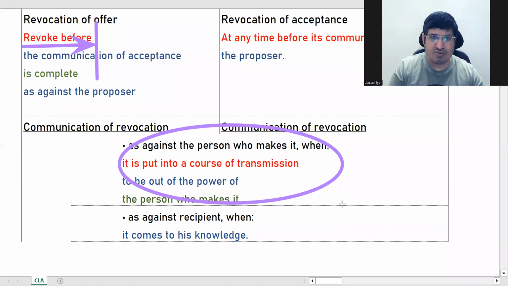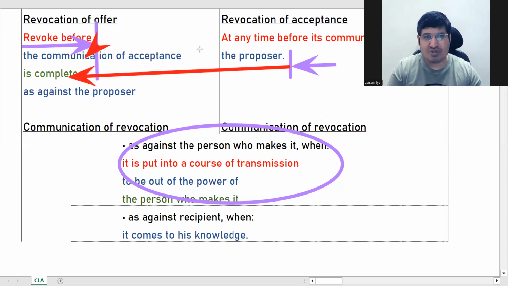यही ये बोल रहा है, फाइन, ठीक है। दिस पॉइंट उसी की बात कर रहा है, और इसके पॉइंट ऑफ व्यू से भी यही है, सेम फ्रॉम दिस पॉइंट ऑफ व्यू ऑल्सो, ओके। ही वांट्स टू रिवोक हिज एक्सेप्टेंस, पोस्ट कर दिया, और जैसे पोस्ट कर दिया, ओके, तो communication of revocation is completed, okay, and as against the other party recipient when it comes to his knowledge, यानी other party के लिए हम बोलेंगे, okay, against this when he has posted, ये communication of revocation is over, against this person when it comes to his knowledge, ठीक है।